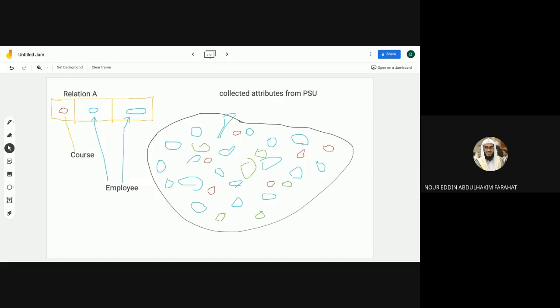No, I think it shouldn't be like that. It should be separate. Why? They should be separate relations: a relation of employee. Okay, good. That means we should not mix up information within my relation, information about employee with information about course, unless